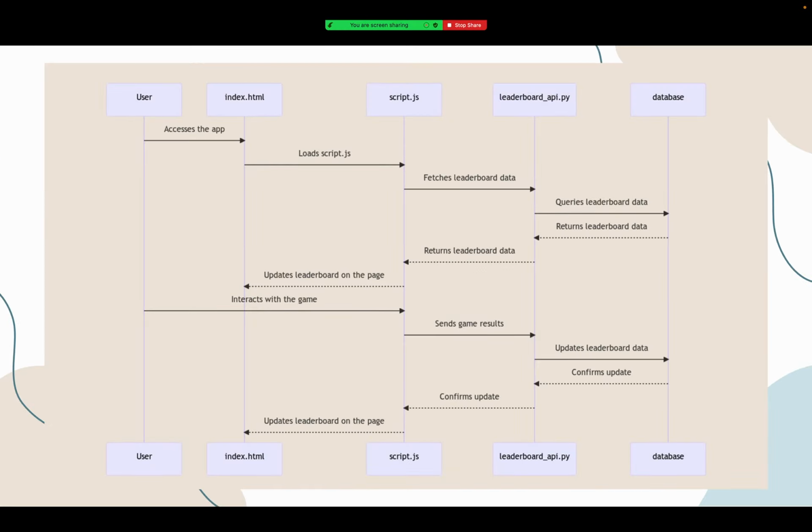And then here is our diagram. On the left we have the user, and furthest to the right we have the database. The user interacts with the HTML site, that's how they access the app, and when you host the index, it loads the JavaScript, which has a number of functions, one of which fetches the leaderboard data. It connects to our Python Flask application, which has two API endpoints, a POST and a GET, and it queries the database, sorts it, and then returns it back,